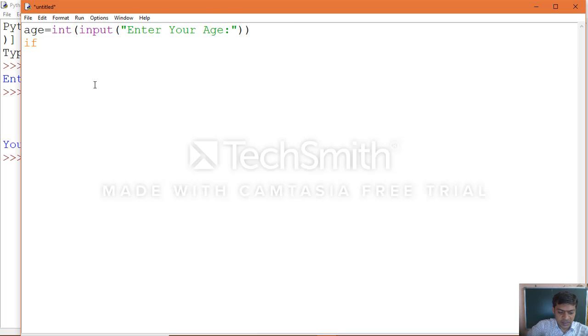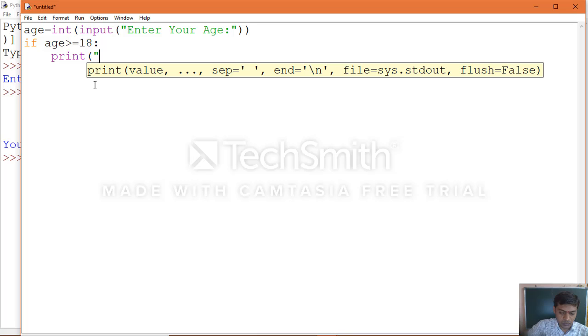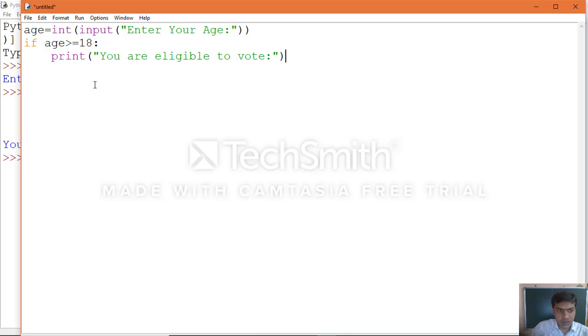Then check the condition. If age greater than or equal to 18, then a colon is a must to specify the block, then print "You are eligible to vote". Like this we can write multiple statements.